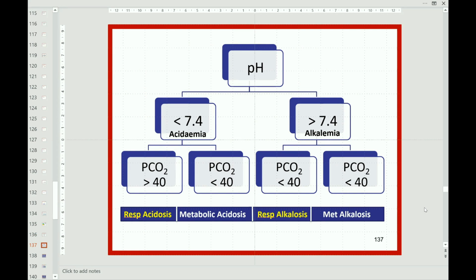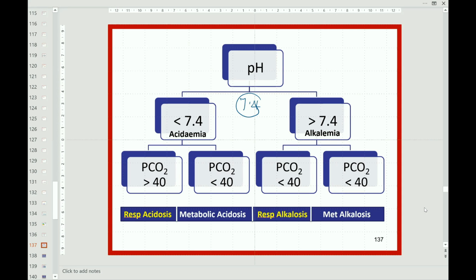Now, prima facie, look at the pH. The moment you see the values, you look at the pH. As I told you, don't take it that somewhere around 6.5 to 7.5 is normal, not like that. It is not like a hemoglobin range where 12 to 14 is normal or 13 to 15 is normal. Here we have to be precise on 7.4. That is the expected normal pH.